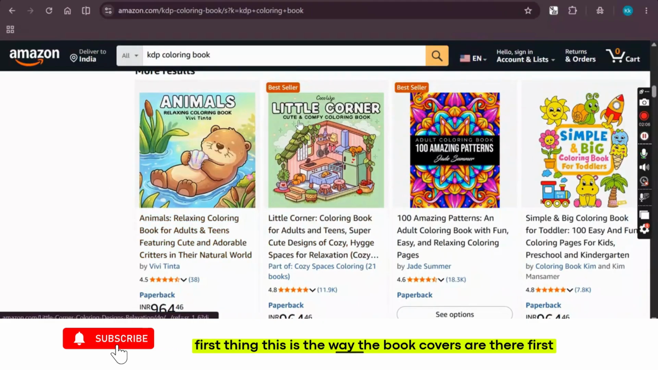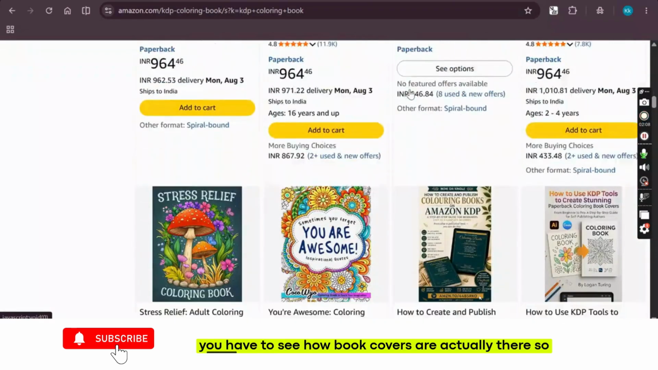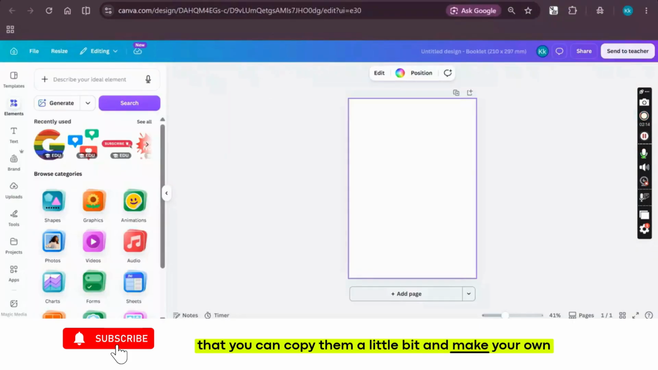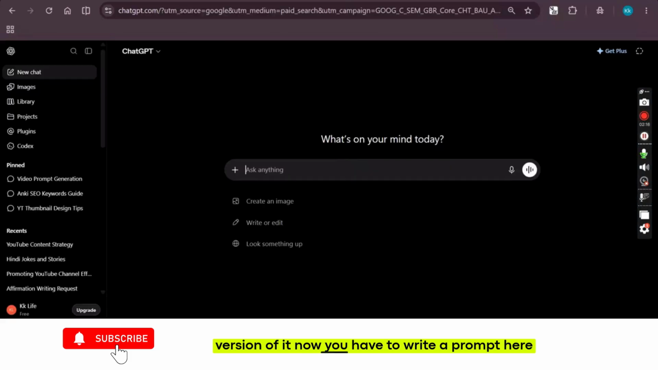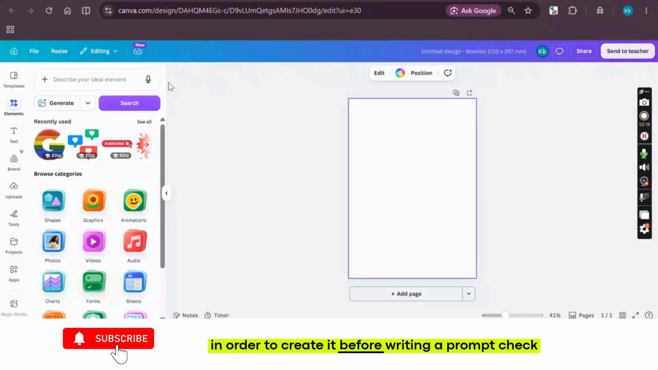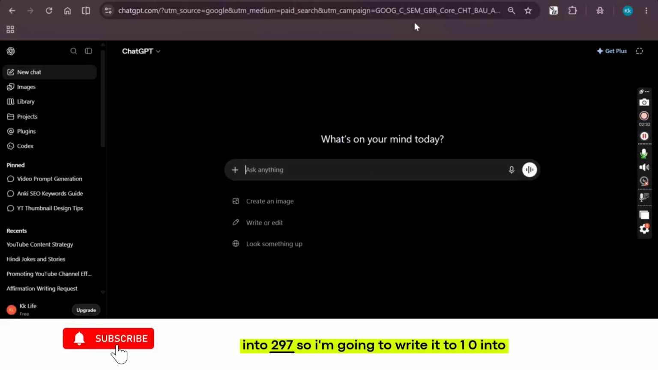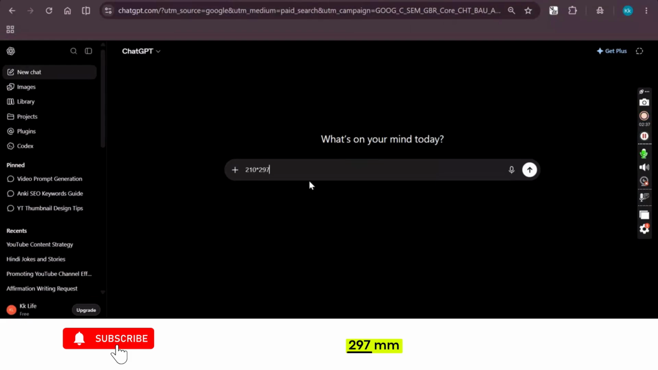This is the way the book covers are there. First you have to see how book covers actually look, so that you can copy them a little bit and make your own version of it. Now you have to write a prompt here in order to create it. Before writing a prompt, check the size of the file. As you can see, it is 210 by 297 mm, right? You need to remember that, or you need to copy it. 210 by 297. So I'm going to write 210 by 297 mm